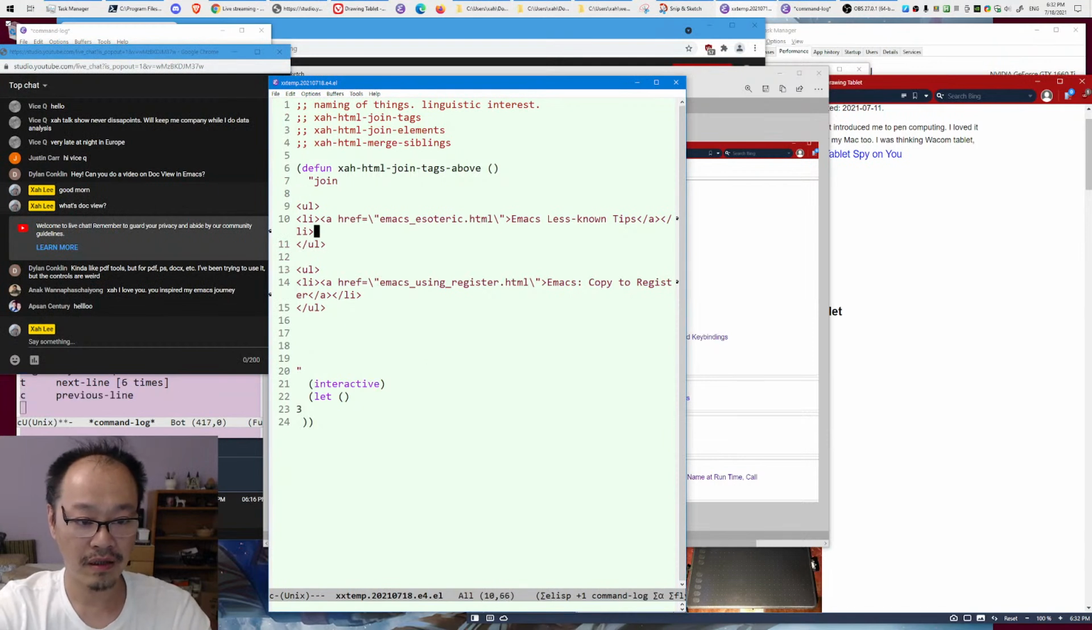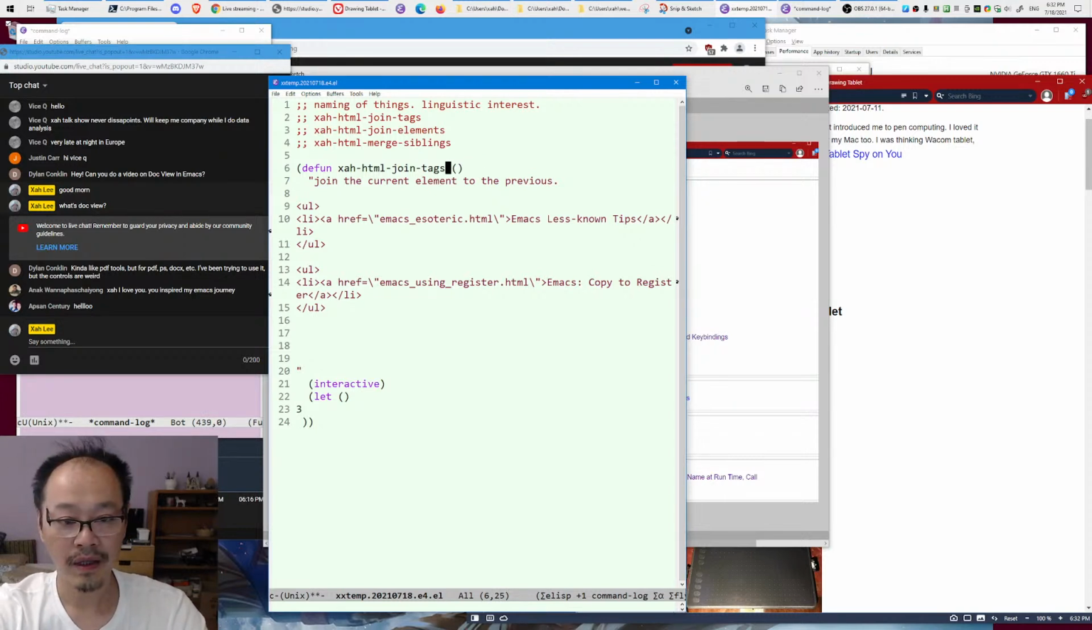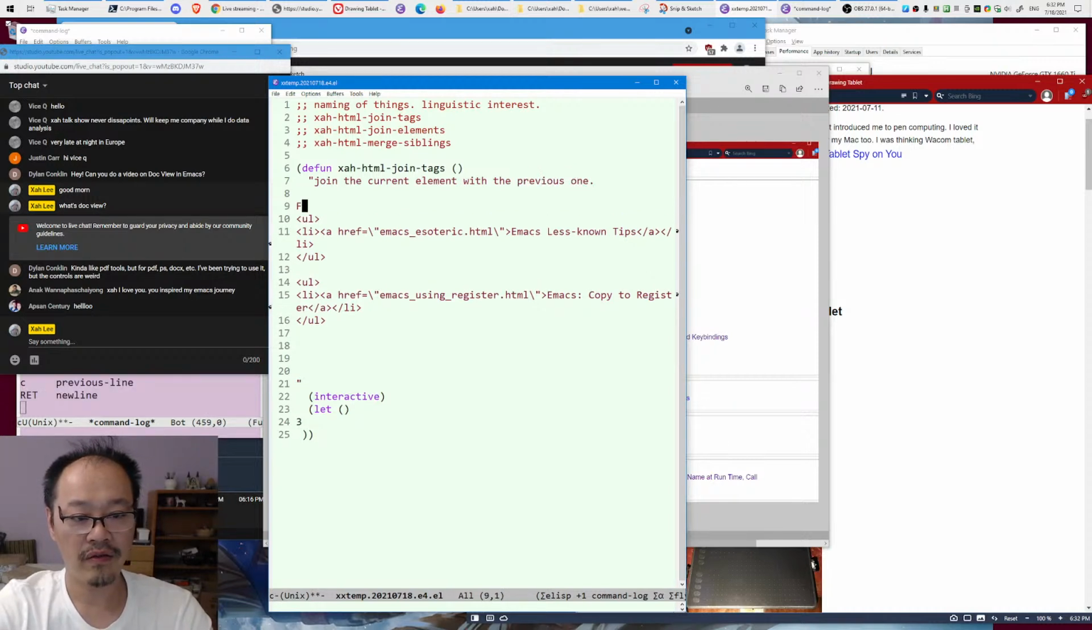Okay, so let's see. So join the current element to the previous. Then let's say below, actually, below join tags. Let's just say join tags. Join the current element with the previous one. For example,